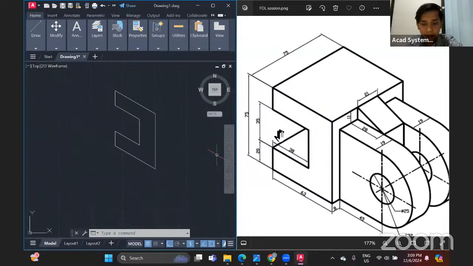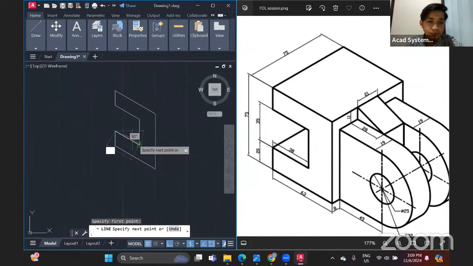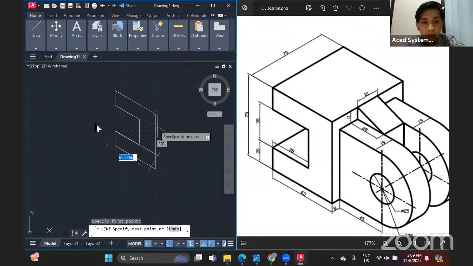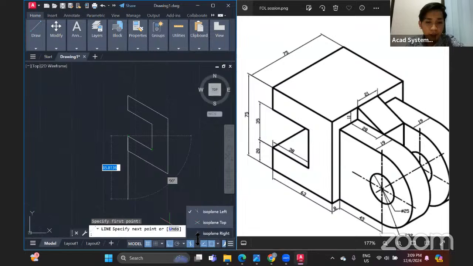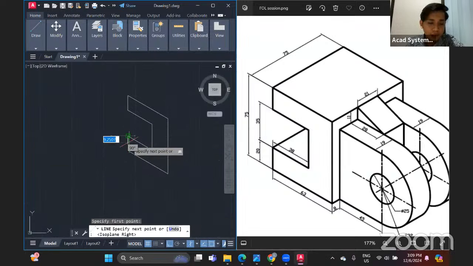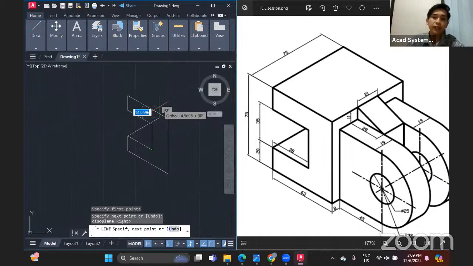So then I'm gonna make another line here. I'm gonna use this line tool again. I'm gonna click here. As you can see, it's not letting me go to the other side. So what we'll do, I will change the plane to the right side. When I change the plane to the right side, as you can see, it automatically lets me pass through this angle. So I'm just gonna drag it onto here. I'm gonna click enter,